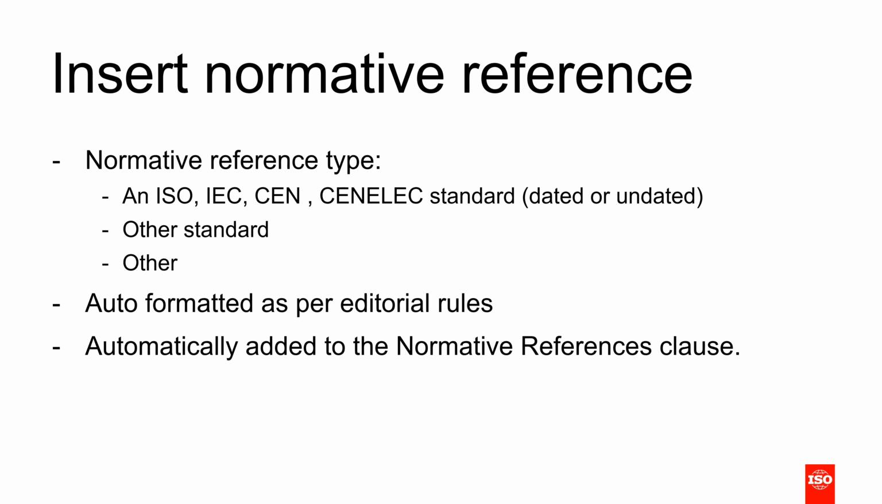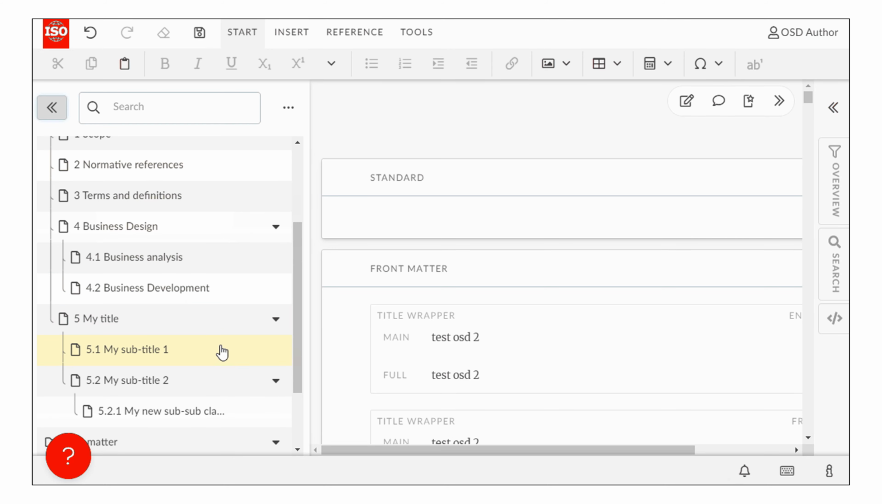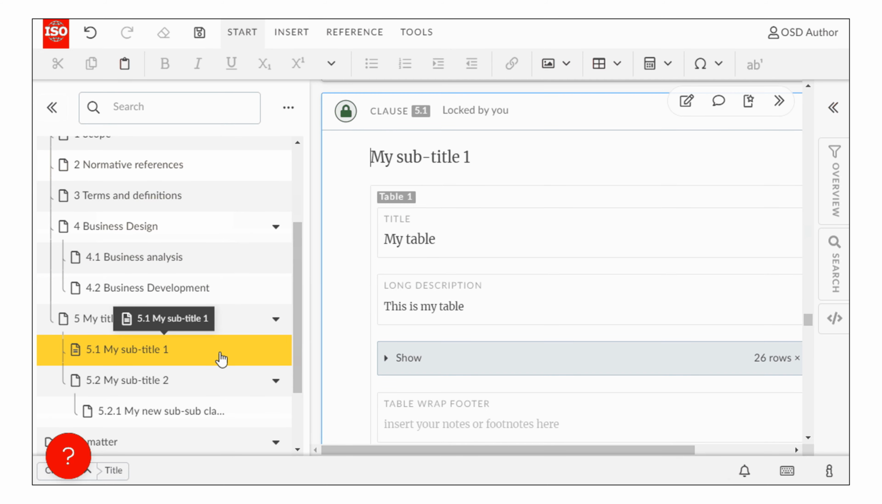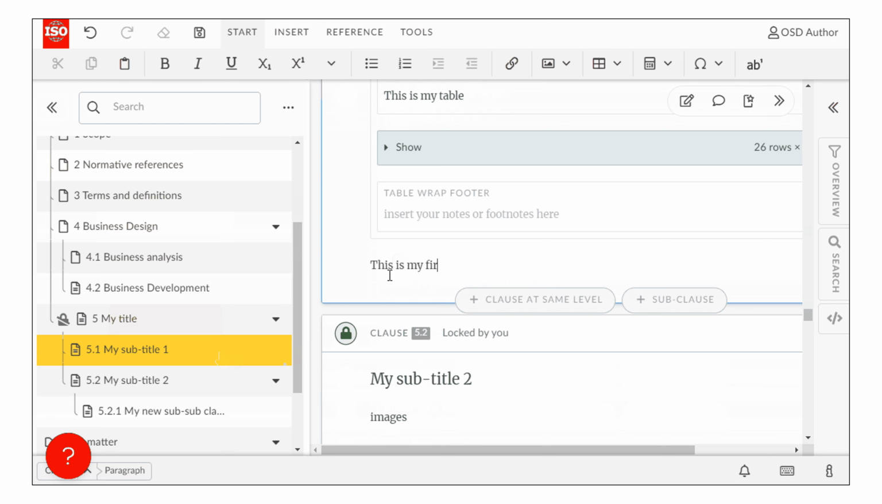The normative references are formatted in the draft as per our editorial rules that are built into the platform. The normative references in the draft are also automatically entered in the normative references clause. To insert a normative reference, first go to the clause or subclause in your draft where you want to insert this reference. Place your cursor in the right place, enter a text if required, and then go to the reference